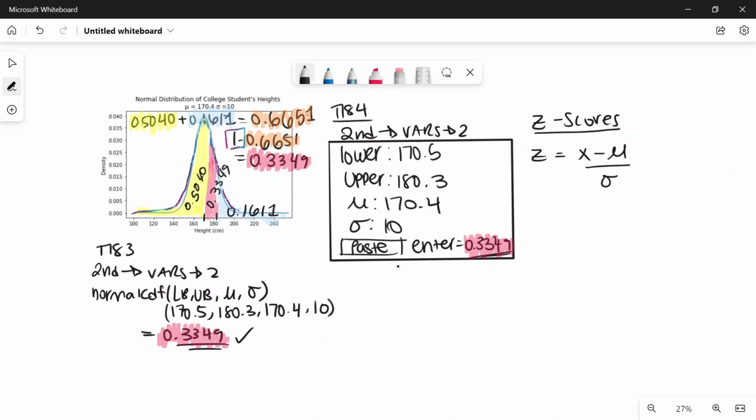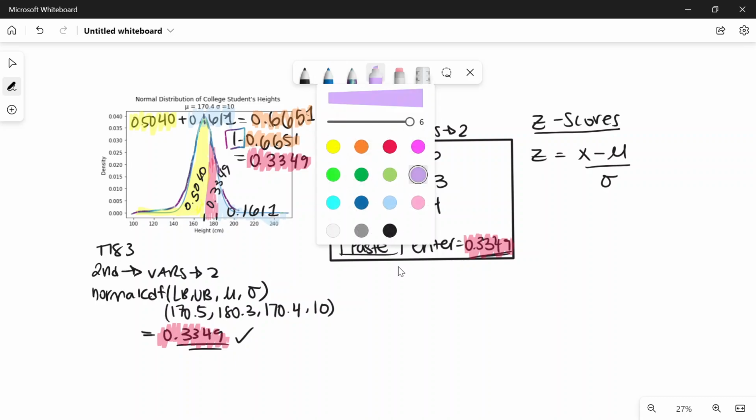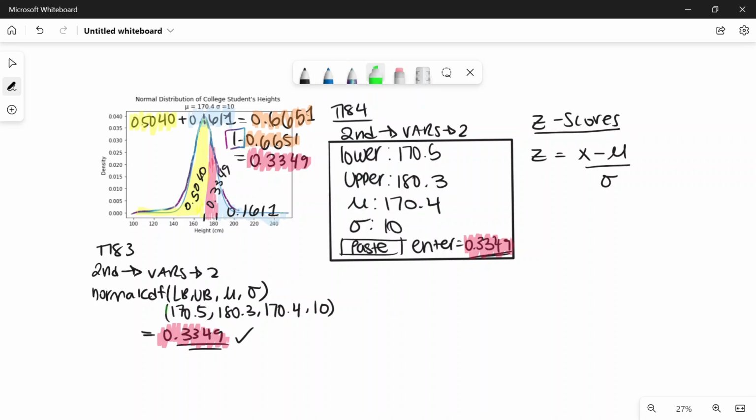No, because all I have to do is plug it in. You'll see in a second. So I'll just basically take my first x. I would have just done 170.5 minus, what's the mu? 170.4. Divide that by 10 for the first one, and that would have been